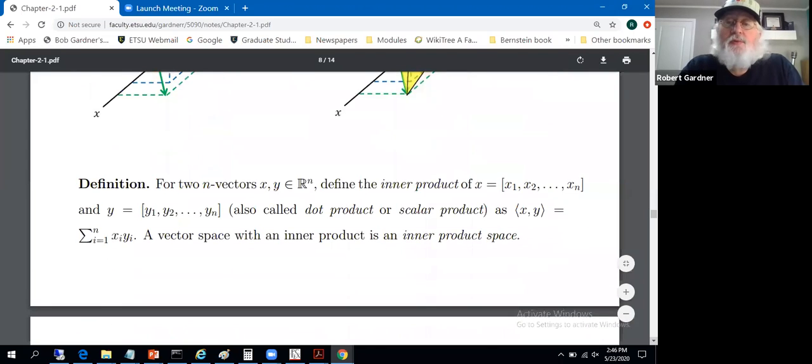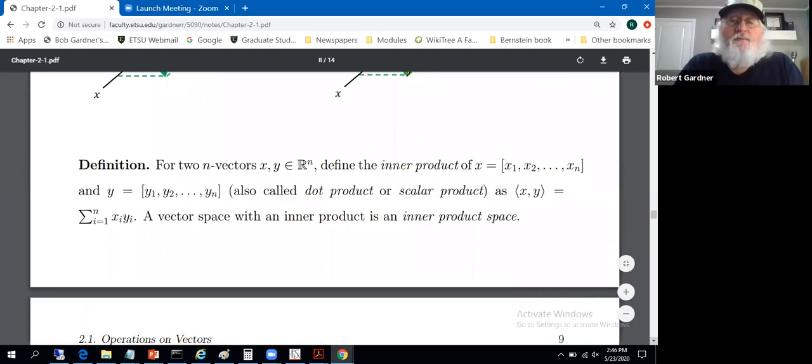Okay, let's shift gears a little bit. Some really more familiar turf here. 2 vectors, x and y from Rn. Let's define an inner product. So let x have components x1 through x sub n, let y have components y1 through y sub n. Then the inner product, commonly denoted with these angled brackets,